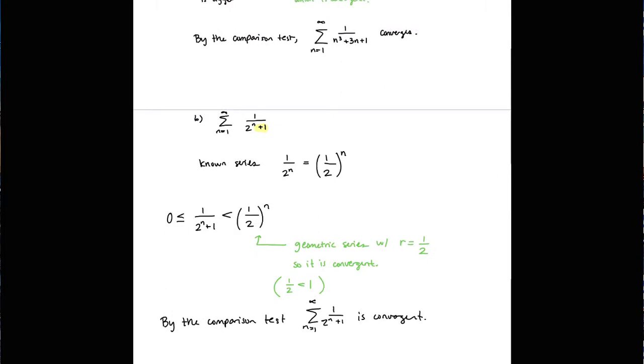Okay, let's take a look at another one. Okay, this one's a little more spicy. So our series that we're looking at is starting from 2, and that's a little bit different than usual. So we're starting from 2, and we're looking at the ratio 1 over ln of n. So I would say the key here is for ln's, think about the fact that ln of n and n eventually, they start off fairly similar, and then n kind of gives you a bound. So this one's not immediately obvious, but